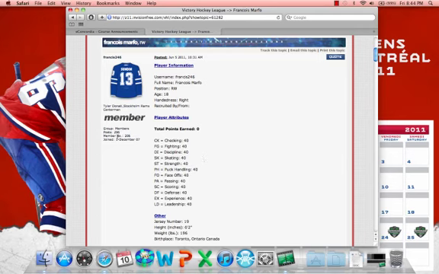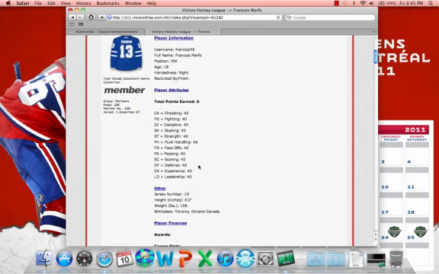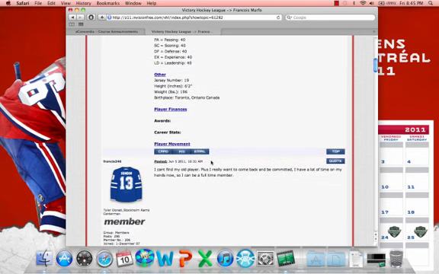The attributes section, if you're a new player, you don't need to touch this right now. We'll get to this later. And then you need to go down, fill out his jersey number, his height, weight, and where he's from. And once you do all that, you can post the thread, post your topic, that is,